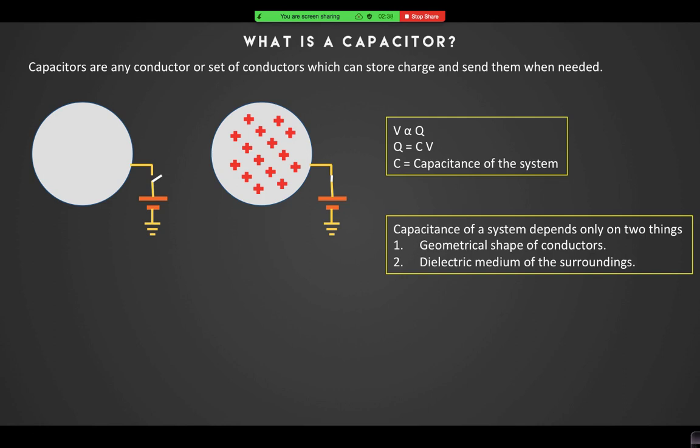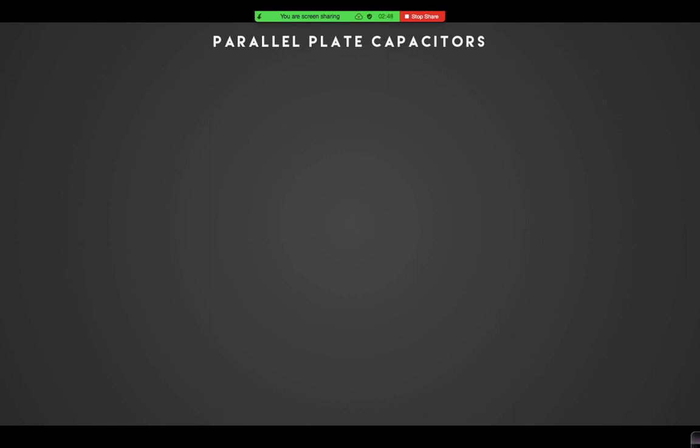So, what are the different types of capacitor arrangements? Today we will discuss them one by one. The most commonly used capacitors, and we will study them in detail, are known as parallel plate capacitors, right? In parallel plate capacitors, we have already studied the configuration of parallel plate conductors. Parallel plate capacitors are not different; they are the same thing.